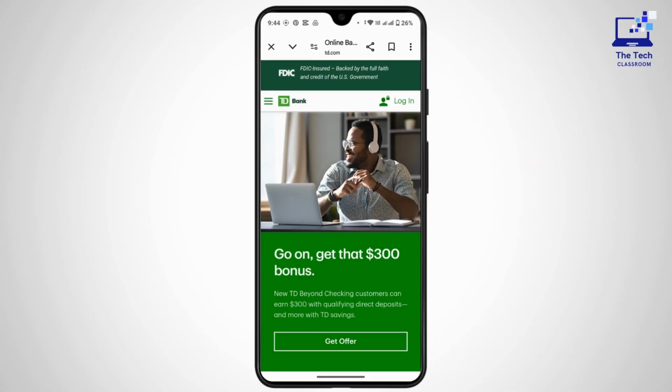First of all, you have to visit the official website, that is www.td.com. After that, you have to log into the online banking. So here at the top right, tap on login and then you have to choose your personal. After that, enter your username and your password, and then click on or tap on login in order to